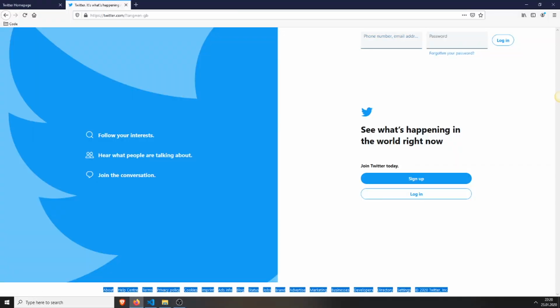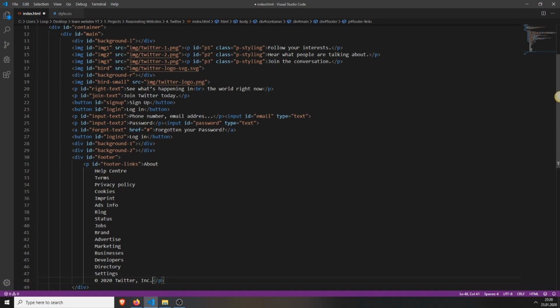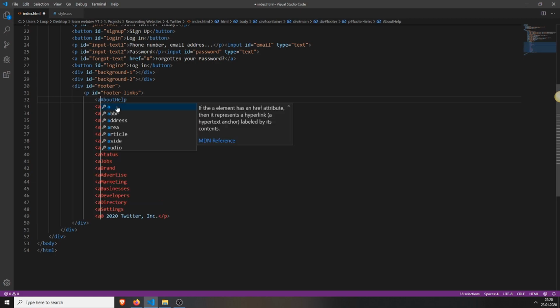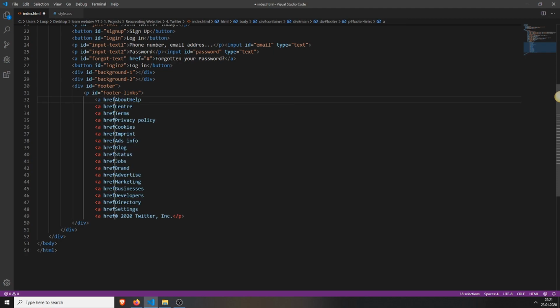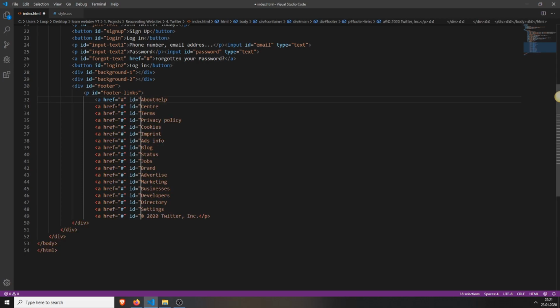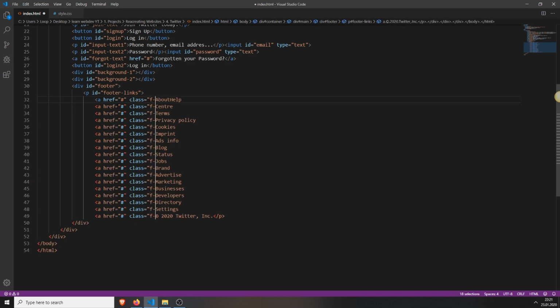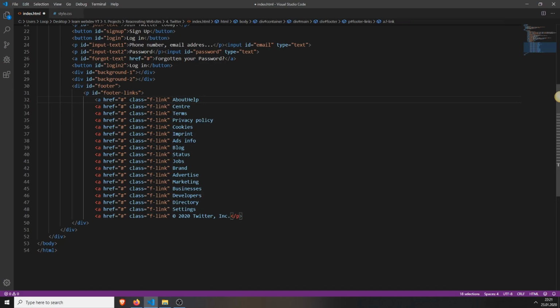And can we copy all of this? Yes, we can. I actually can just keep it like this, right? Because this makes it easier to just create an href out of all of these. ID f link. Oh, I don't think I actually need an ID. I can just use a class f link, and